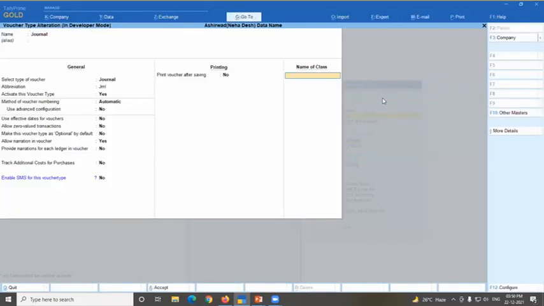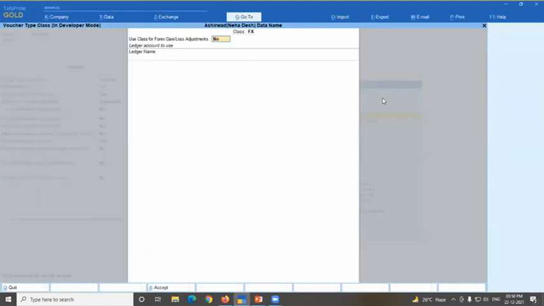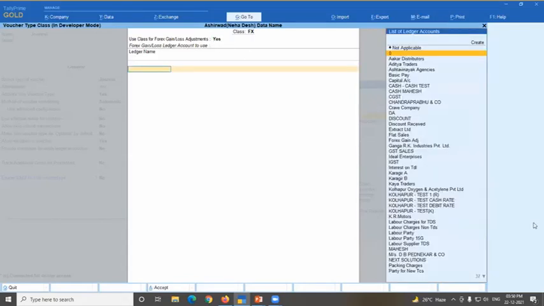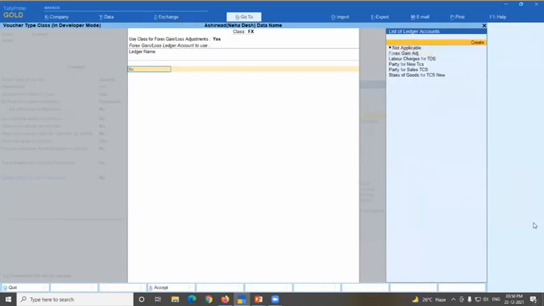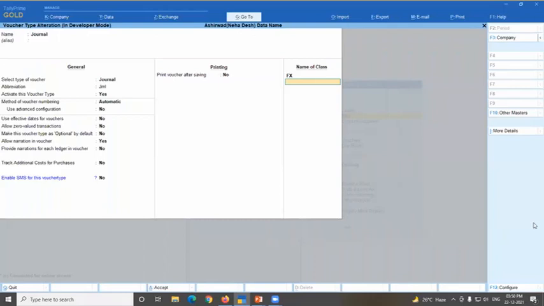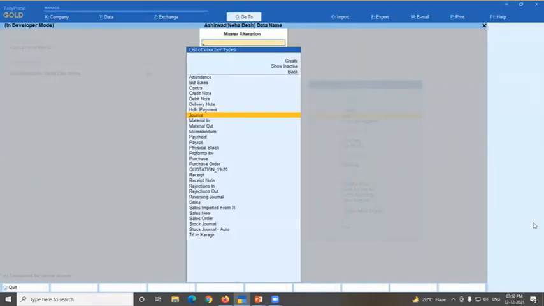So here you can create a class for FX. FX means forex gain or loss. And you can set here, use class for forex gain or loss adjustment. Yes. And here you can create your forex ledger. So only if the class is there will your dollar or other currency amounts be adjusted. Otherwise, it will be a headache for your balance sheet.